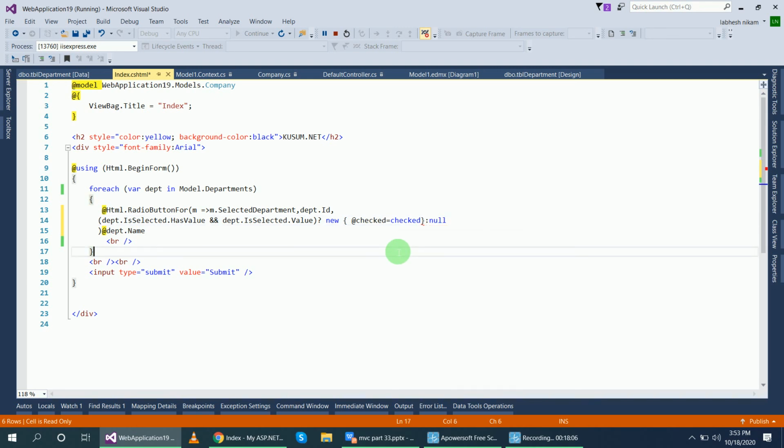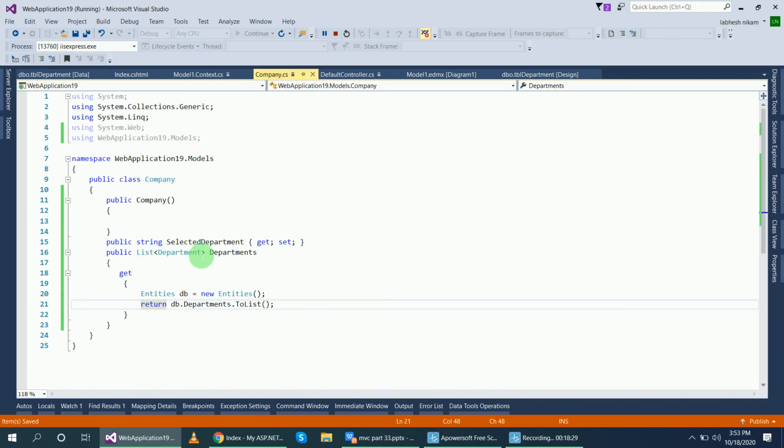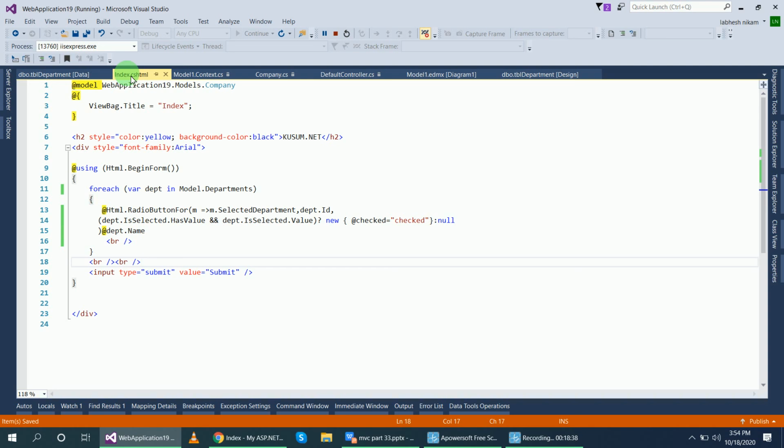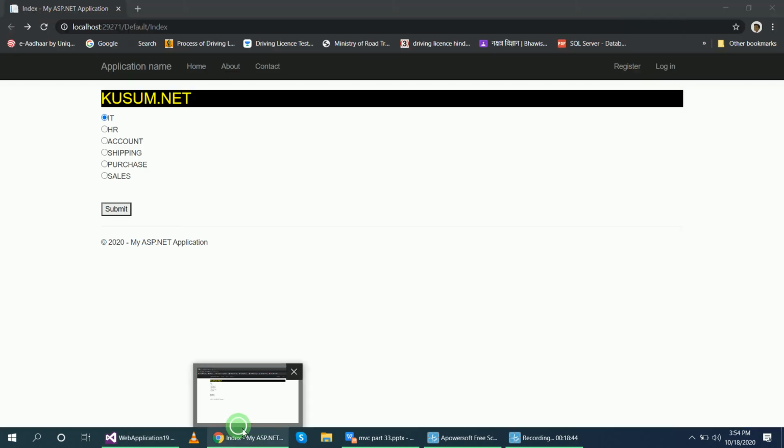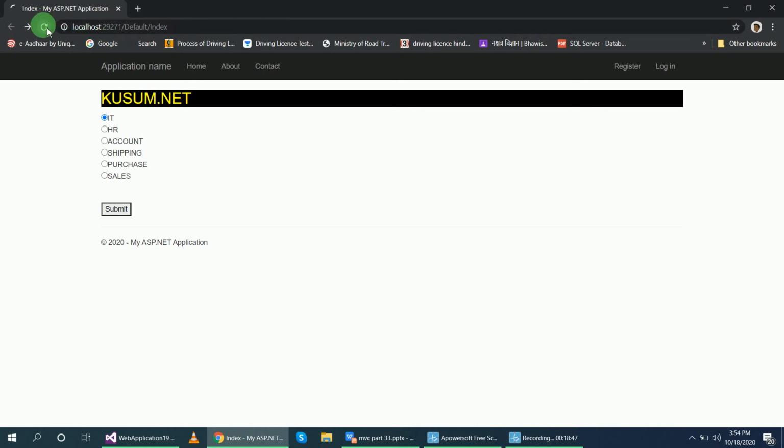Okay, so for that, this @checked equal to checked, so this error is now removed. Okay, and run the program. Before that, you see here, this is the selected department property, get set. Okay, now run the page and refresh the page.